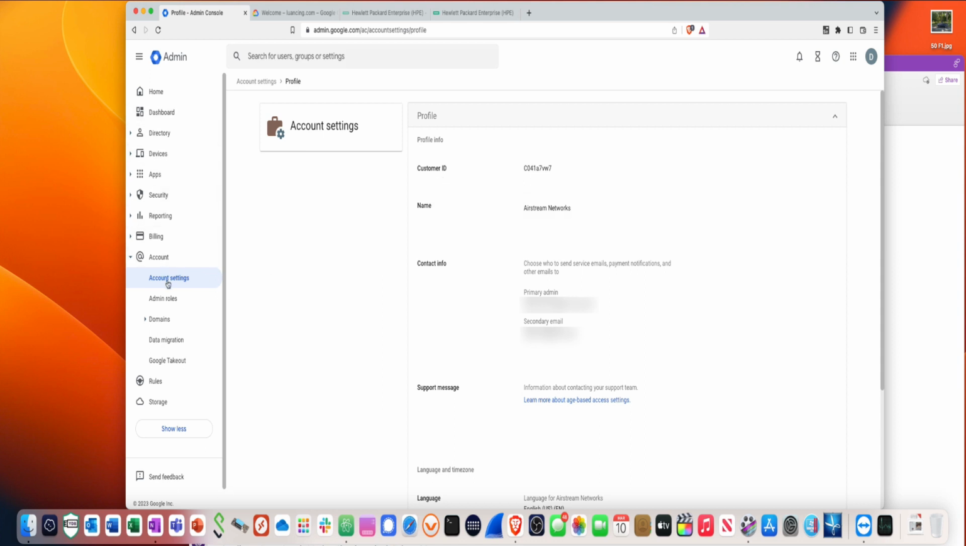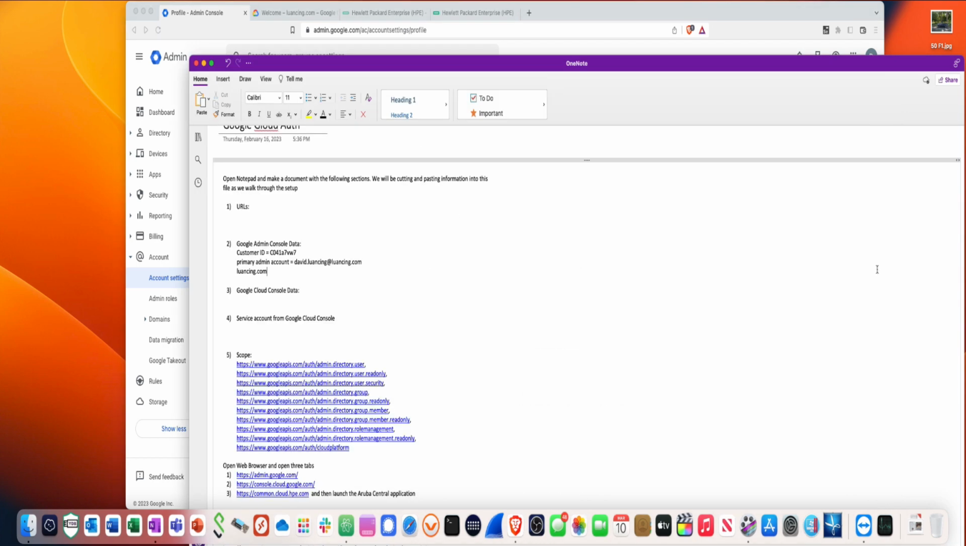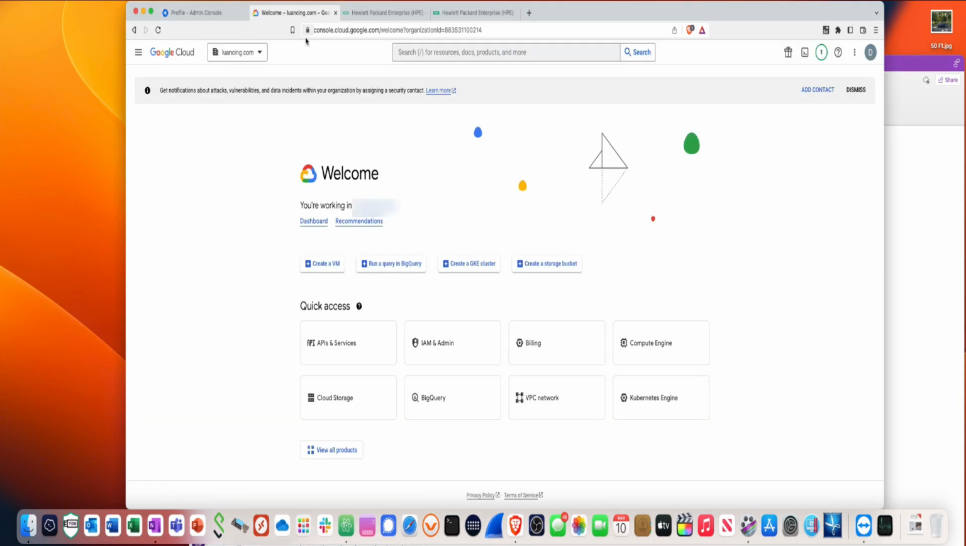Go down to your account settings. So go to account settings, and record your customer ID, record your primary admin's email address, and you also have to have your domain name. So as you can see, I wrote those down here, and we're going to now move on to the second thing, where we're going to go into the